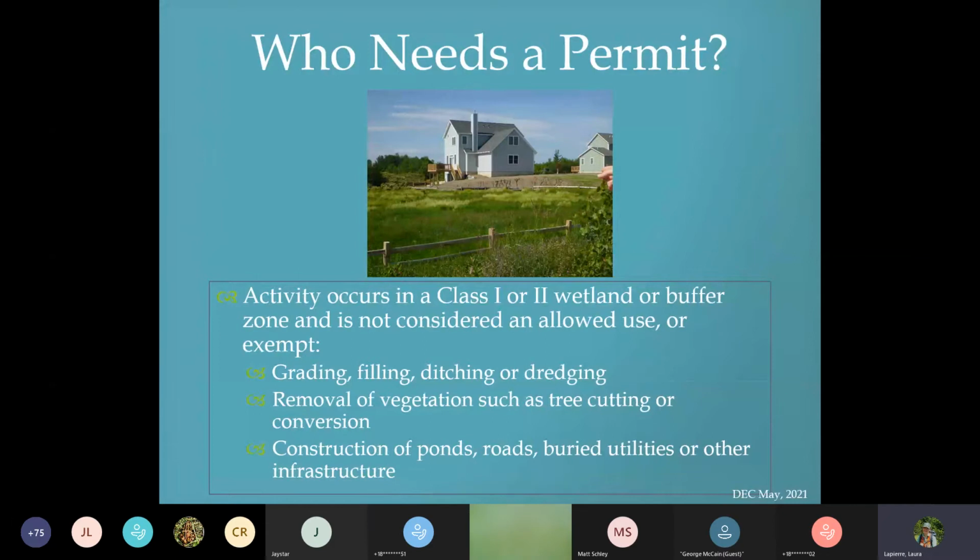But basically, if you're grading, filling, ditching, dredging, removing vegetation, tree cutting, constructing structures, basically ponds, roads, burying utilities, other infrastructure, those are all activities that are likely to require a permit.